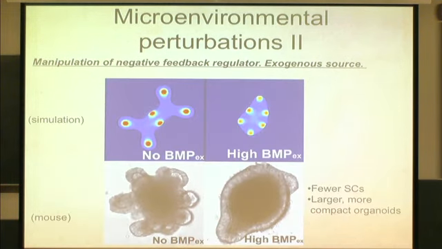You can also change the negative regulator. So that was the positive factor. You can do the negative factor by adding, in this case, since it's colon, the TGF-beta member BMP, bone morphogenic protein. And so if you don't do anything, this is the same picture I showed before, just blown up a bit. And this is the control. This is from a mouse. And now if you increase the negative regulator, you make it smaller and more compact. And again, that's what you see in the experiment. So the model is predicting at least the right trend for the experiments.